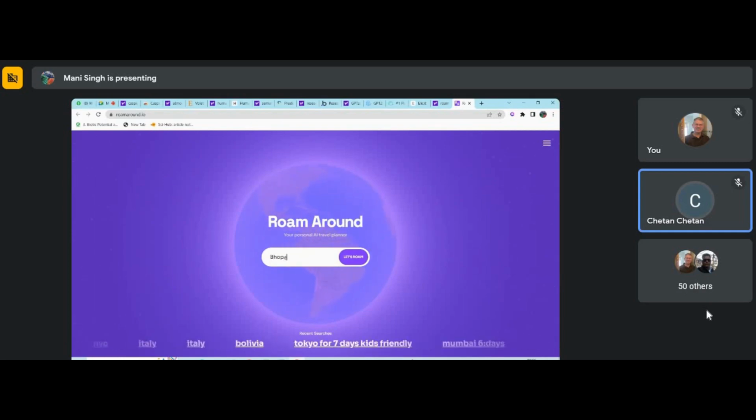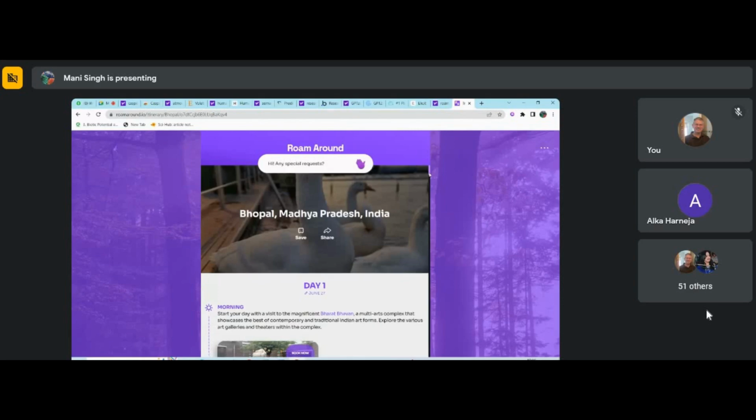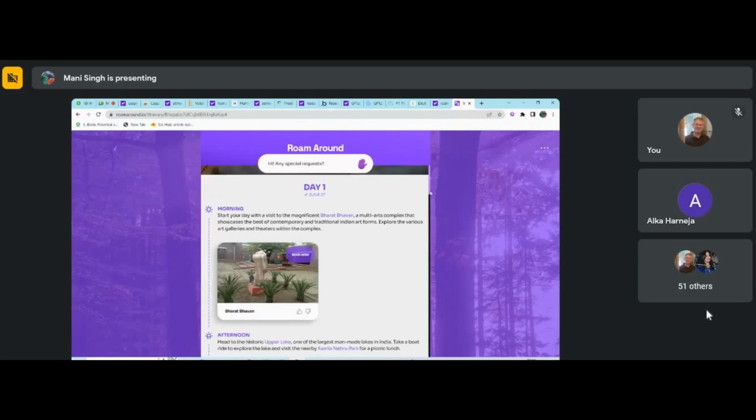So is that roamaround.ai or another one? IO. Yes. And see very quickly. Bhopal. Can you scroll down? Morning. Start your day. Visit the magnificent Bharat Bhavan, a multi-arts center, and then it is showing you some pictures of